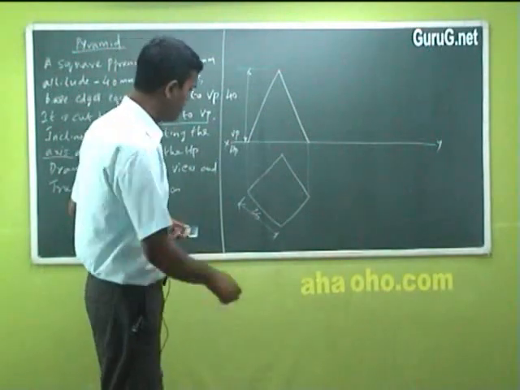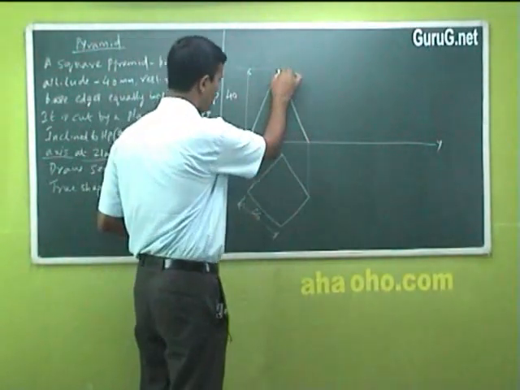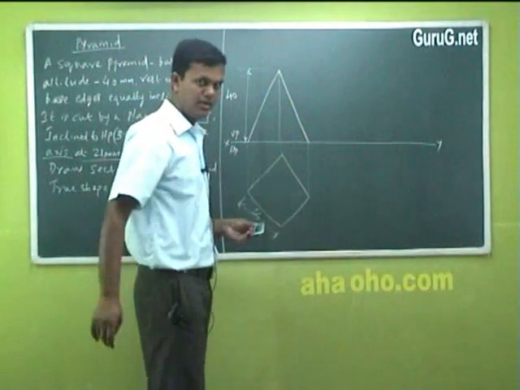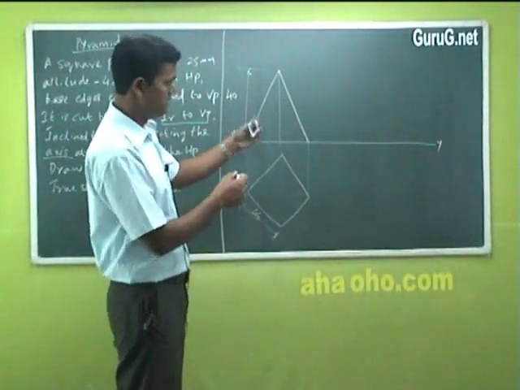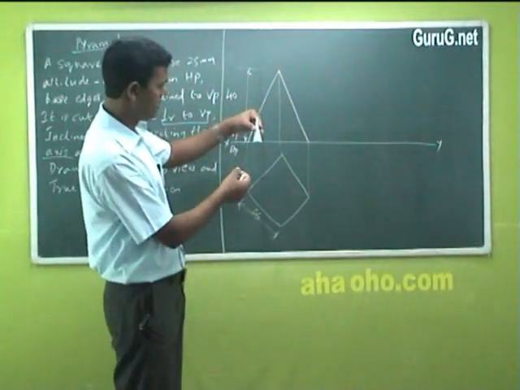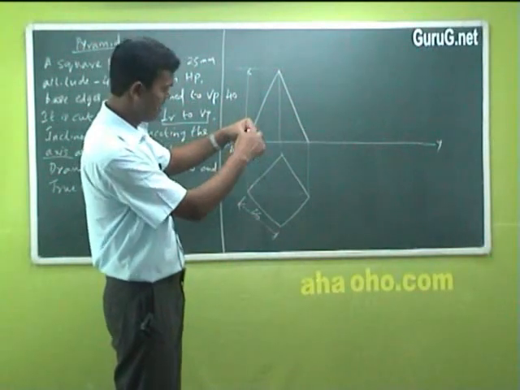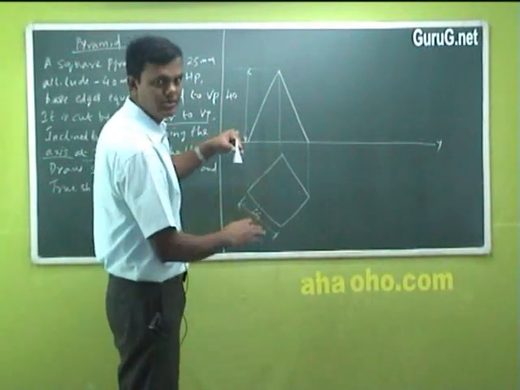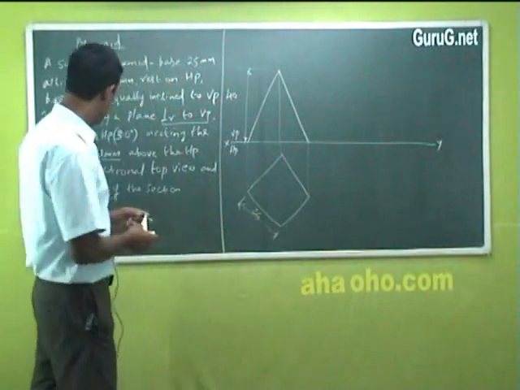Now what to do? You have to indicate this axis. The axis falls here. This is the shape. The true shape will be, and the front view will be like this. This is the axis line. Actually it is an inclined portion, it will be hidden in the axis also. Now what is the question here?